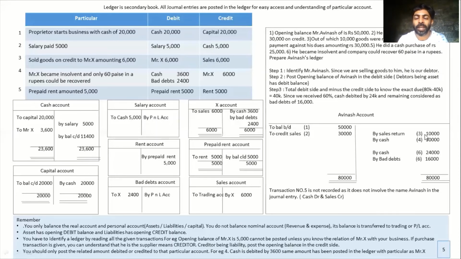Now let's see how the journal entry goes. Cash account debit 24,000, bad debts account debit 16,000, to Avinash. To Avinash means you're crediting Avinash. So on the credit side of Avinash, I'm going to write by cash and by bad debts, 24 and 16. I hope you understand why bad debt has been debited. It's a loss. Nominal account states: debit all losses, credit all income. Be very sure about your ground rules of accounts so that your journal goes right and automatically your ledger will be perfect. If the ledger is right, what happens then? You move on to the trial balance perfectly, and then you make your financial statement.